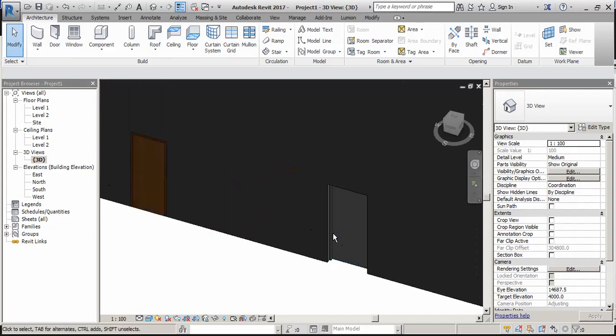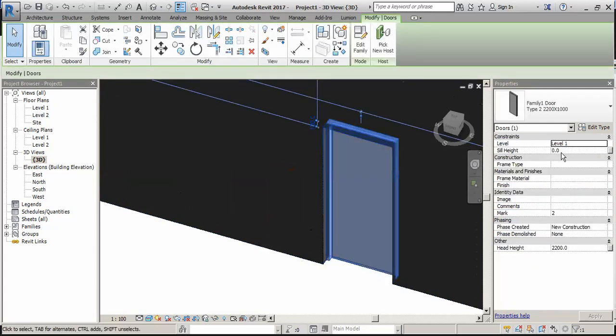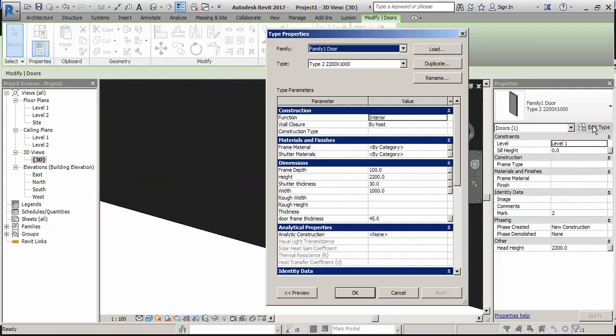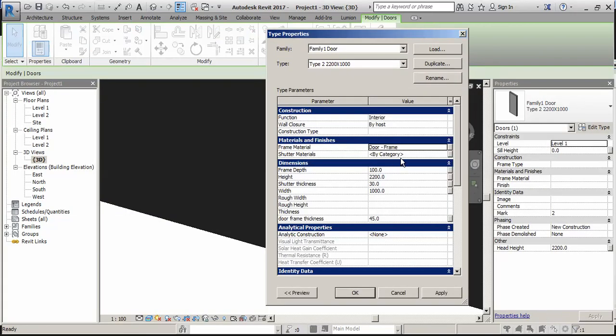Similarly, with this door also, we can attach material. Edit type, material and finishes, frame material, click it here, door frame, okay.